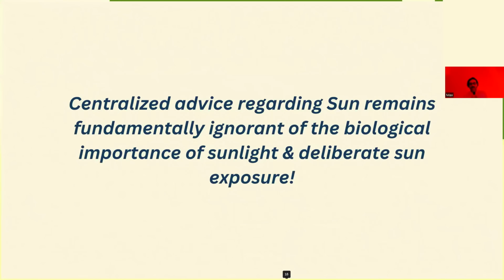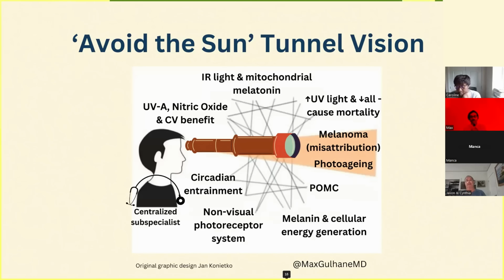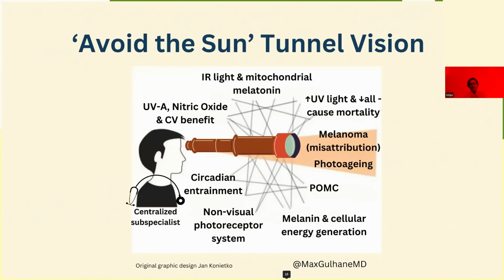So let's bring this back to what I said at the beginning, which is the advice that you're getting regarding the sun. It remains fundamentally ignorant of these biological realities and the importance of deliberate sun exposure. And when you're told to avoid the sun based on the increased risk of melanoma, and the smaller risk of photoaging, well, relative as it's portrayed,